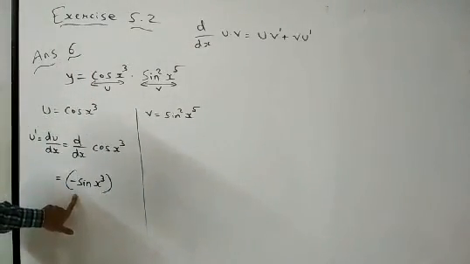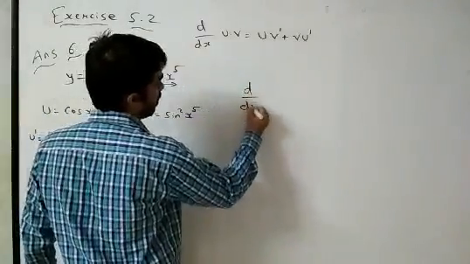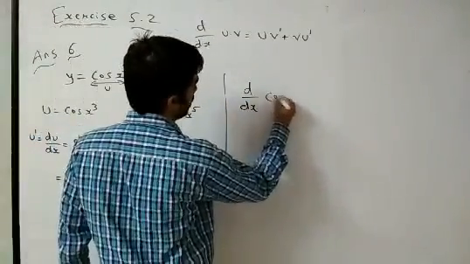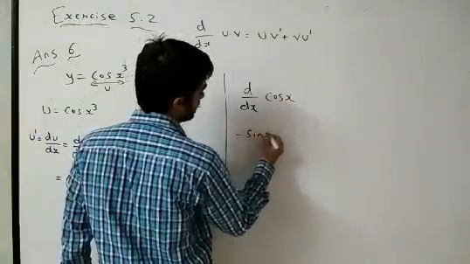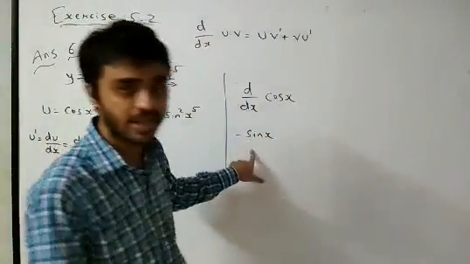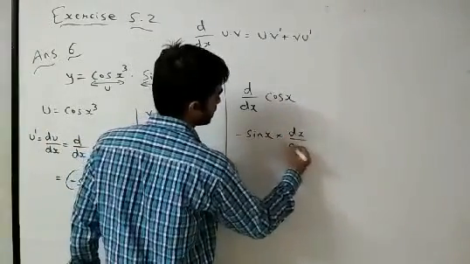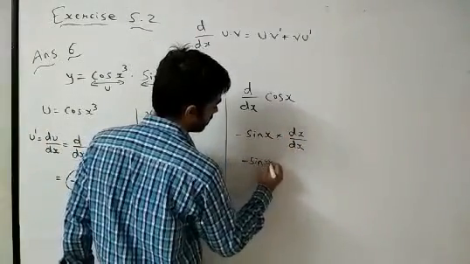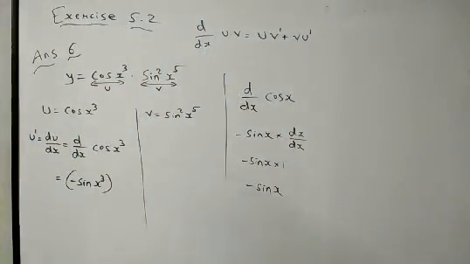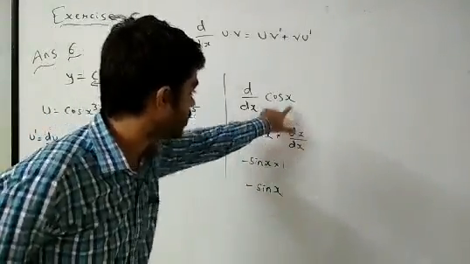But here our answer does not get over. Minus sin x cube is our answer, correct? But what about x cube? See, this is a very important thing I am going to explain. Derivative of cos x is minus sin x, but this is not your perfect answer. Actually, this function also gets differentiated. We are not writing it actually. It is given nowhere in the textbook. But I am telling you this because the cos derivative is minus sin, but this x also is differentiated.